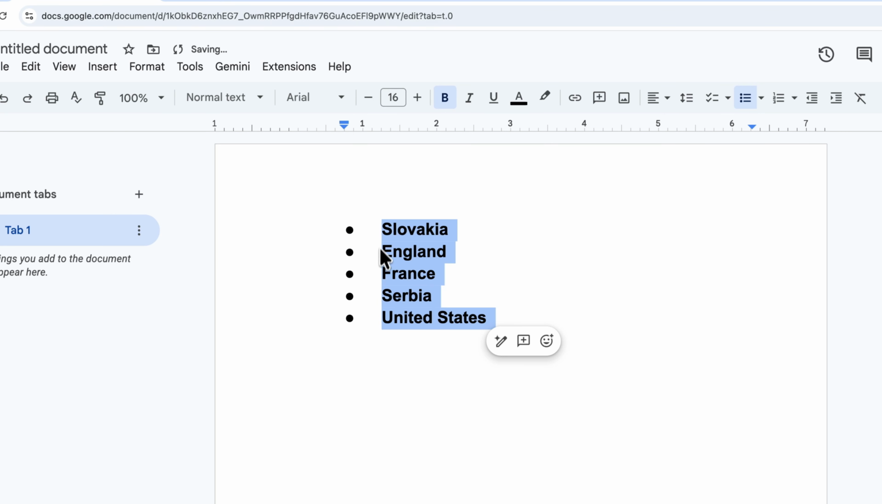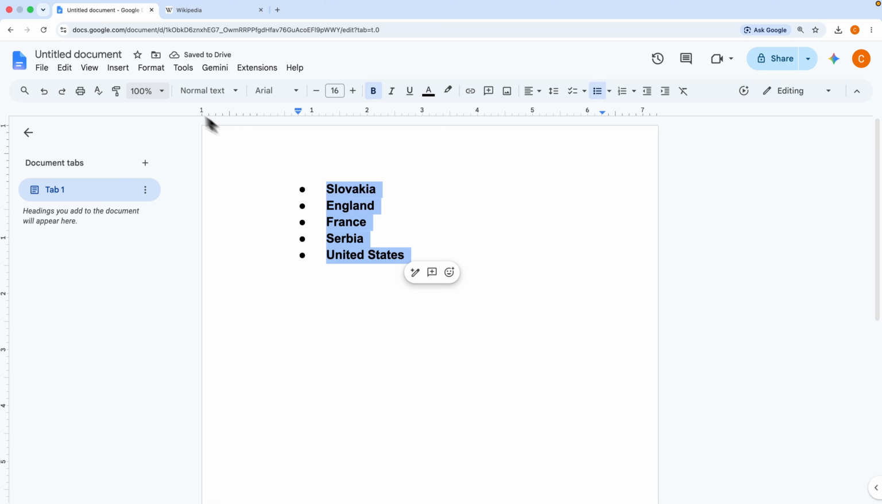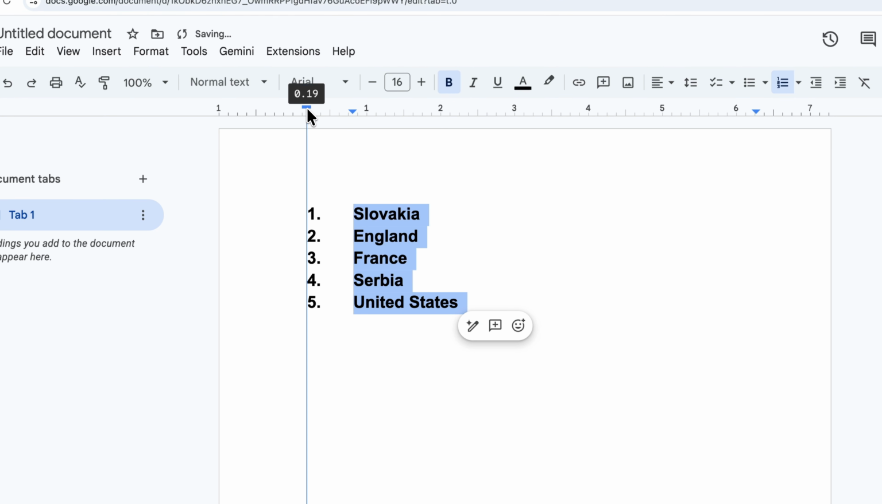if you are not sure or you moved it wrongly and you don't know how to go back, you can click on this undo, or you can press shortcut Ctrl+Z or Command+Z, and this is going to undo your action. And this is basically how you can move your bullet points. It works the same if you have maybe a numbered list, so you can just drag those indents,